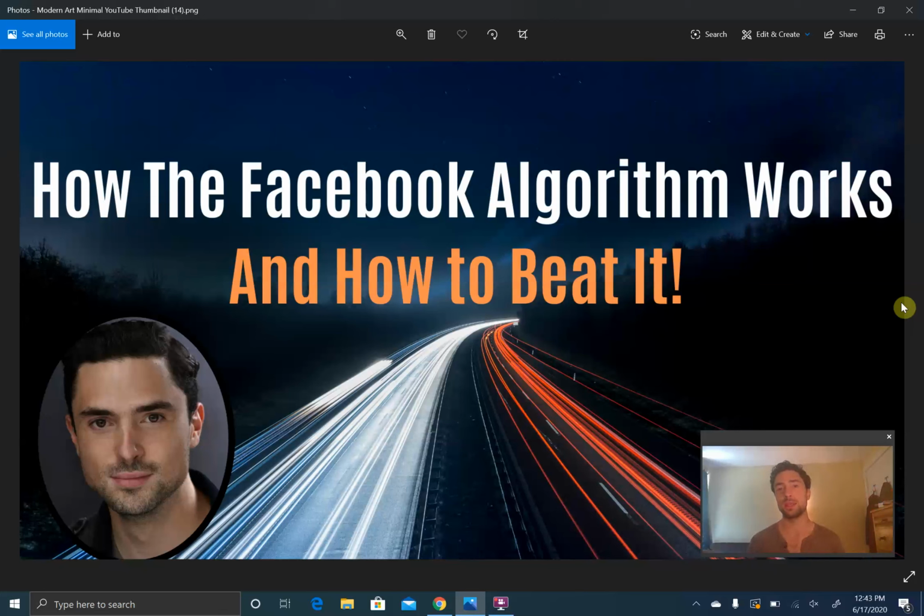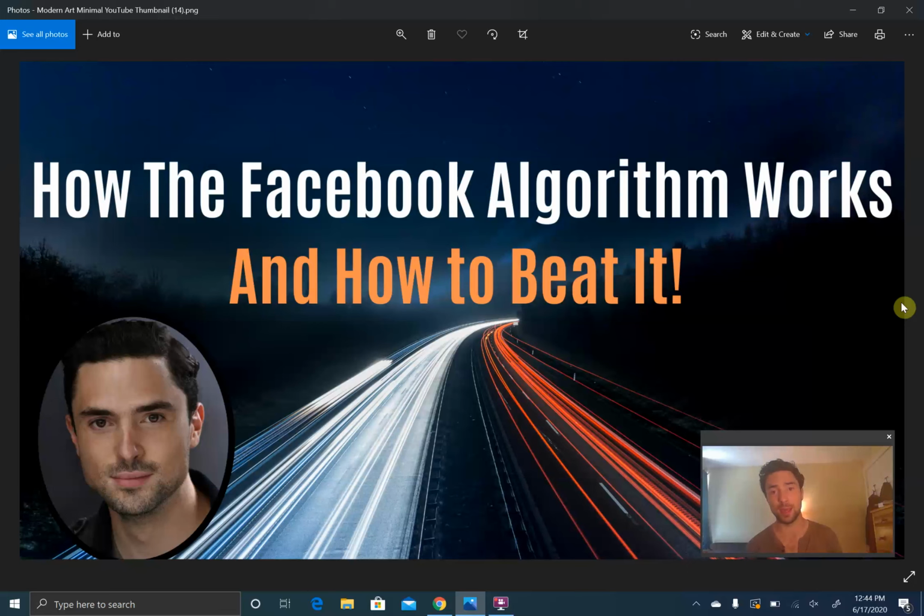Sometimes the posts that get the most engagement also get the most engagement over time, because Facebook keeps sharing the post on people's timelines. I have posts that are old. Like I might have a post that's 2 weeks old, but it's gotten hundreds and hundreds of likes. And even if I made it 2 weeks ago, it's still getting likes because the algorithm is still showing it to more people just because it's gotten so many likes, right? So the more likes you get, the more likes you're gonna get.